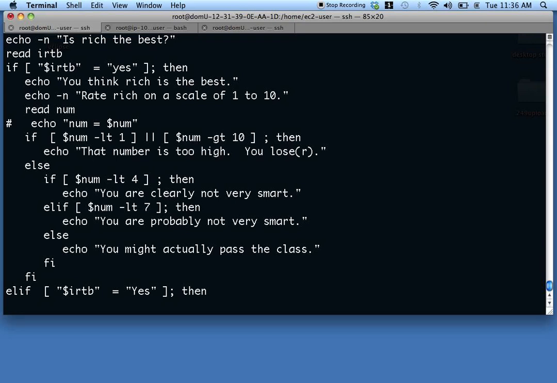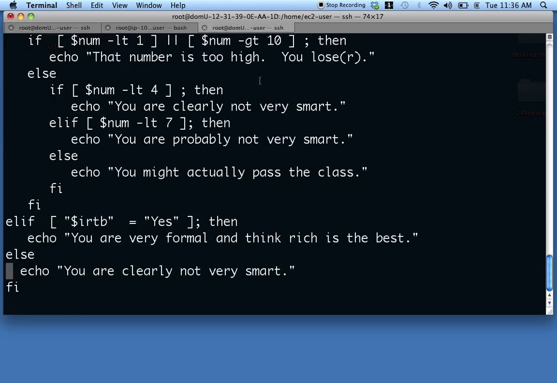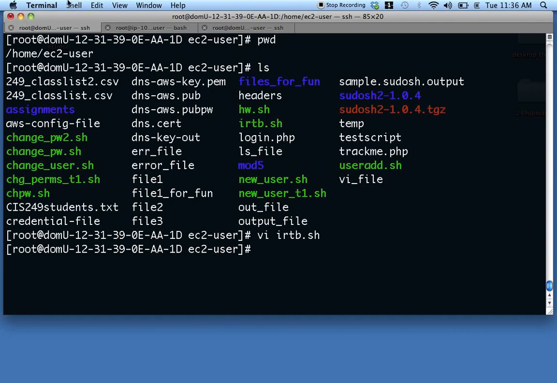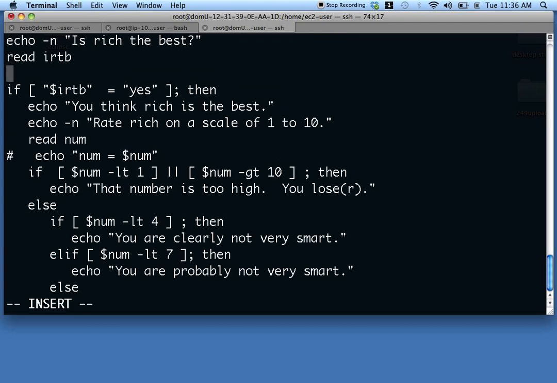So, we want to find out if that variable has anything in it. So, we want to check to see if the variable has something in it. So we can do a string comparison if, hey, did my cursor come back over here? Hey, look, it's back over here. We'll quit this one and go back to the one with the cursor. That's what I said. There. So we'll go up here. So I got the value. I want to check to see if there's anything in there. So if $IRTB,